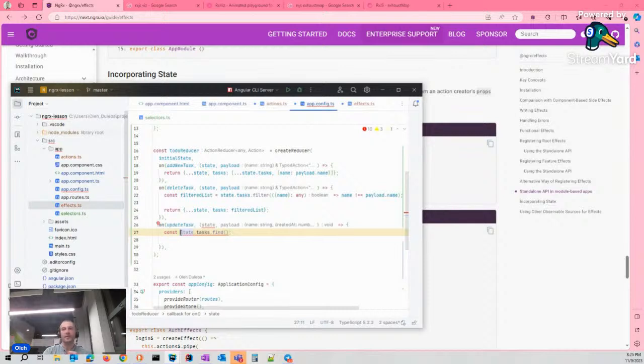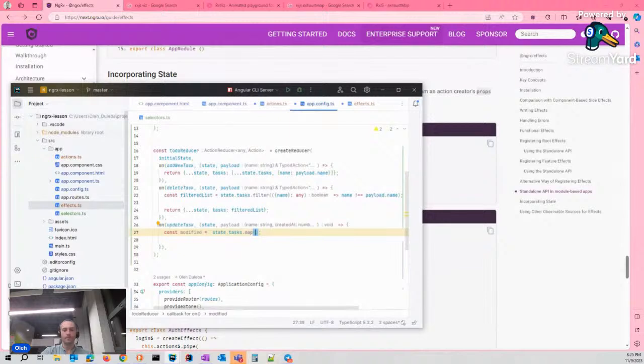I have to modify it. But this find function returns me the instance of the object, but I cannot modify it directly. I have to create a copy of this object. That's why I used, instead of find, the map function.